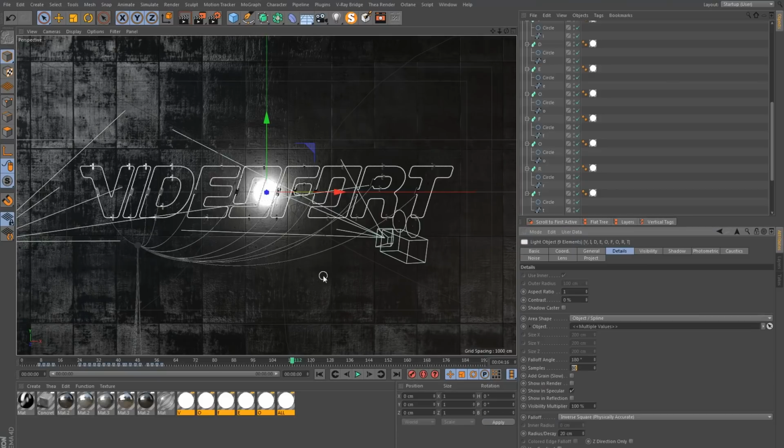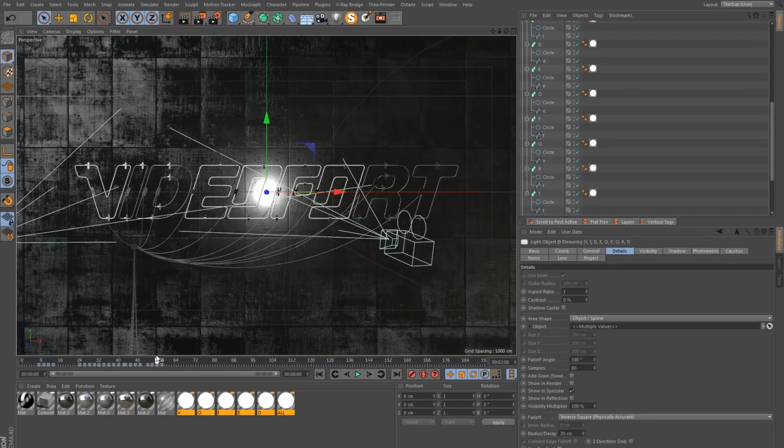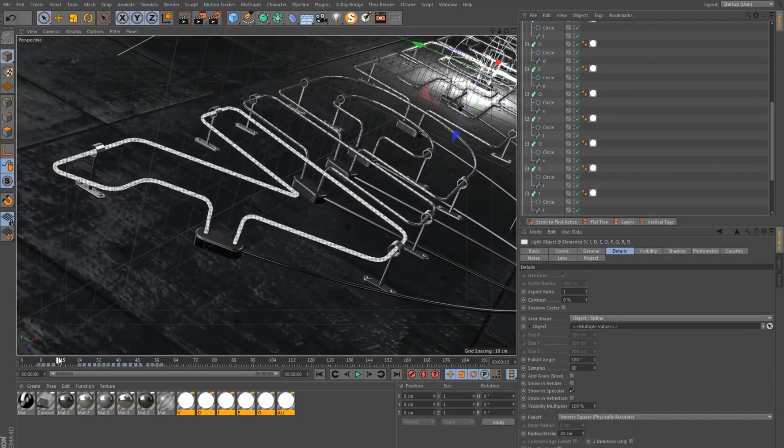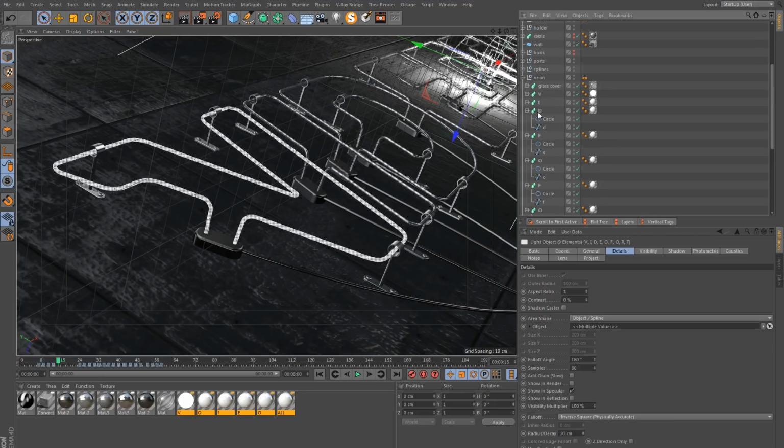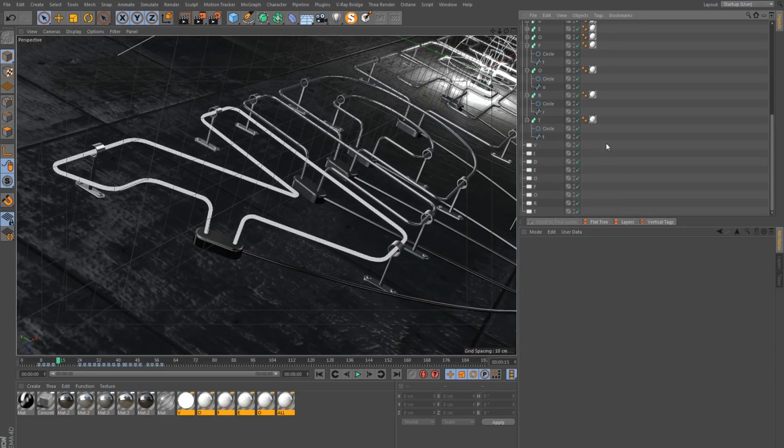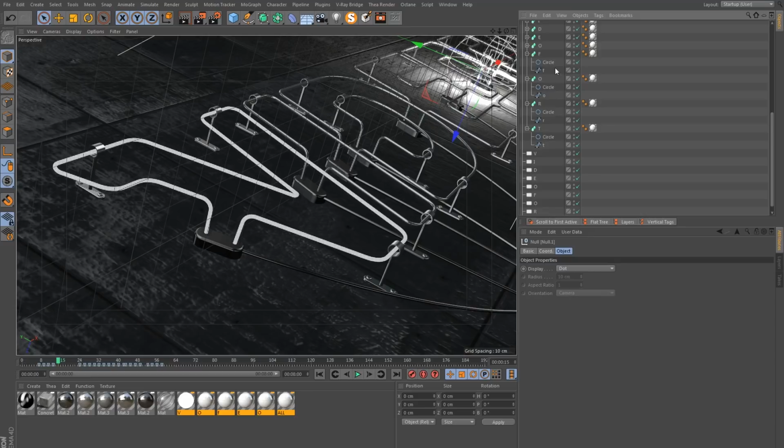But of course, right now this is going to be on all the time from the beginning. We want each light to be matched up to the turning on and off of the original materials. So for this, we're going to have to use Xpresso. We could just manually animate each light to turn on at the same time as the actual neon material. But this would mean changing it every time we might want to change the neon itself. So what you can do instead is use Xpresso to link the two up so that when you change one, the other one would change automatically.